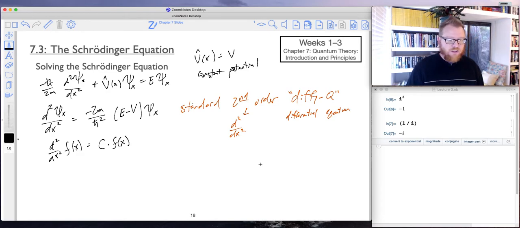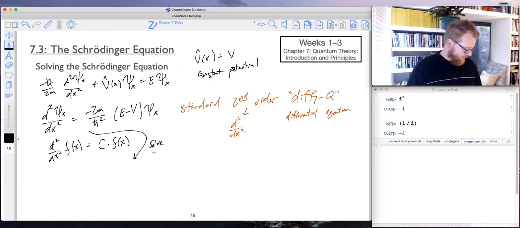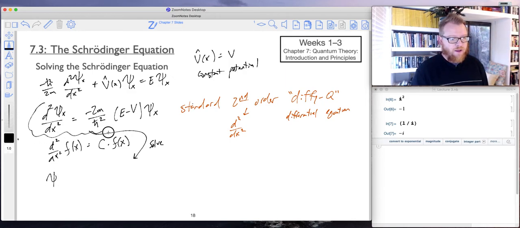Okay? And that solution goes as the following. So I'm going to write, here we go, I'll write this, solve. We don't know how to do that yet, but I am going to teach you how to solve second order differential equations. Okay? So it turns out the solution to this thing here, okay, is psi of x equals